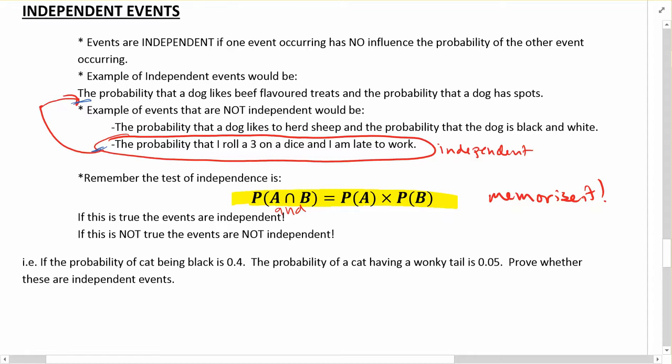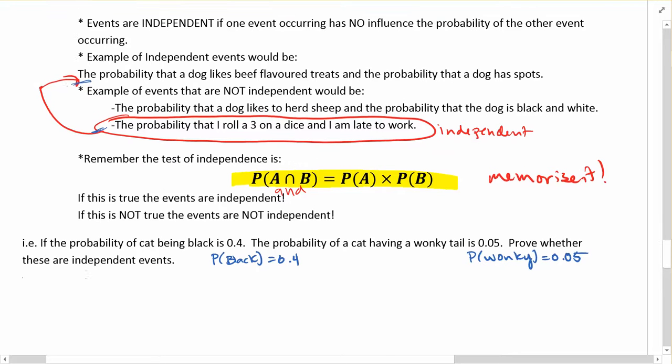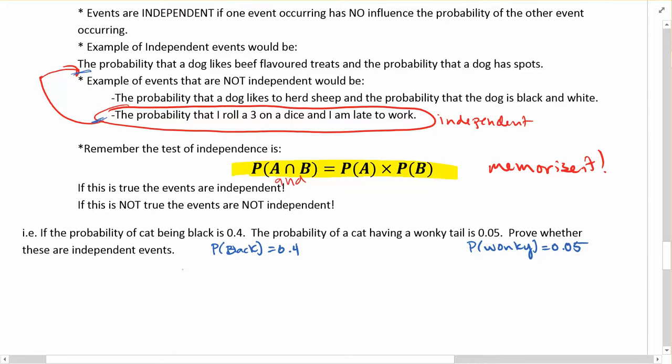So as an example, the probability of a cat being black is 0.4. So we'll call that probability of black. Probability of a wonky tail on a cat is equal to 0.05, so like it's had its tail shut in a door or just crooked or whatever. Prove whether these events are independent. So what I need to check,